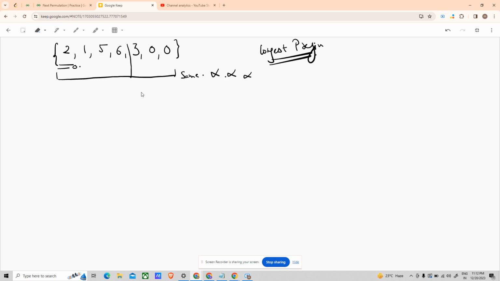Now 300. The possible arrangements of the letters 300 are 003, 030, 300. Okay. So there can be a change in the string if we replace them. But is it possible to make a string greater? What I'm saying is the next permutation asks me to make a string which is greater than this. To make a string which is greater than